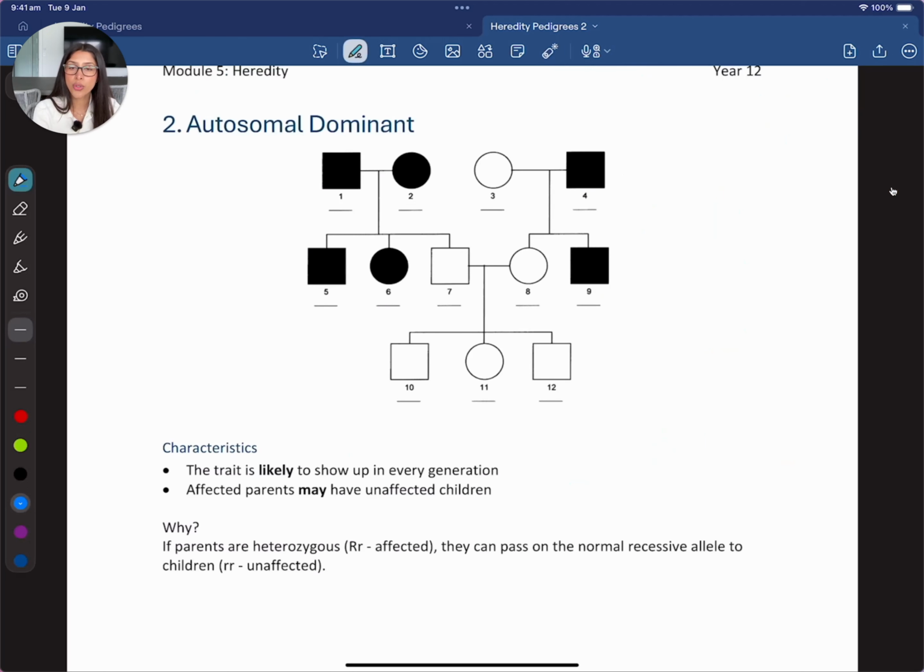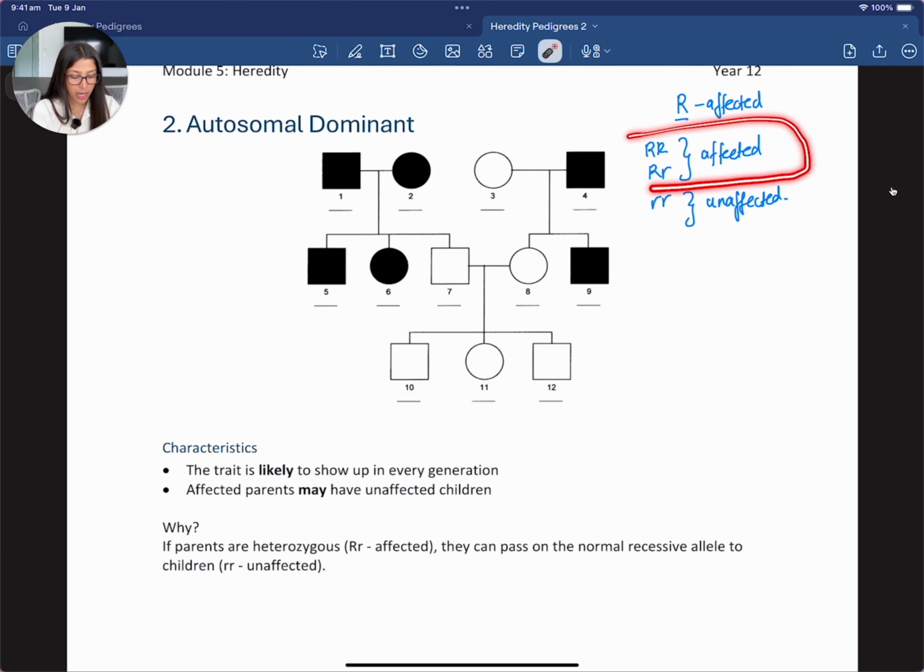Now going to autosomal dominant conditions. So autosomal dominant means that the capital R is now going to be the affected allele. So now it's going to be the complete opposite. These first two genotypes are for affected individuals, whereas if you're homozygous recessive, that means you're going to be unaffected. Now, as you can see even by these genotypes, this trait is more likely to show up in every